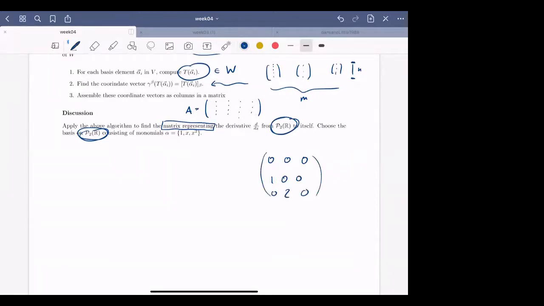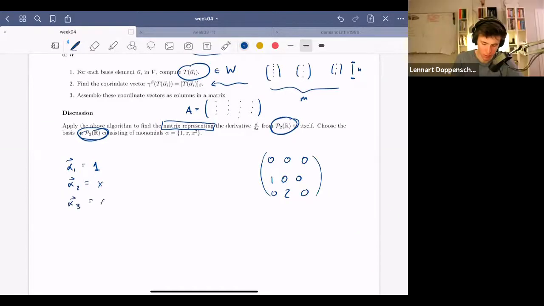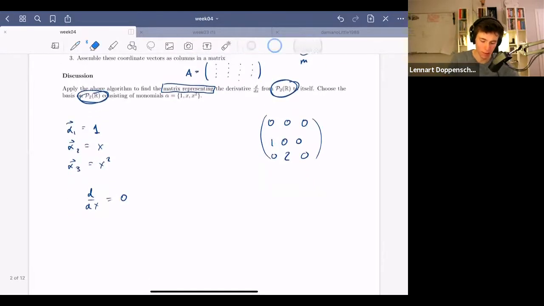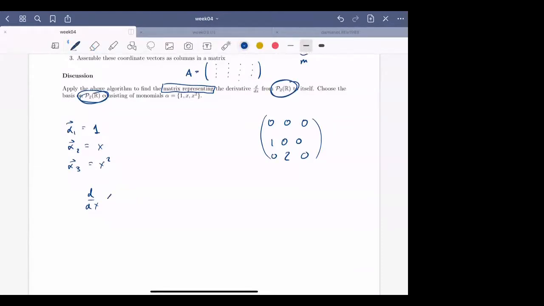I just took the first row to be 1, the second row to be x, and the third row to be x squared. First I looked at where 1 lands after the transformation. So 1, 0, 0, that will be just 1. It should land at 0, 0, 0. Yes, so these are the 3 elements in the basis, and now we just apply the transformation, which is d by dx this time. So 1, 0, 0 should land at 0, 0, 0.